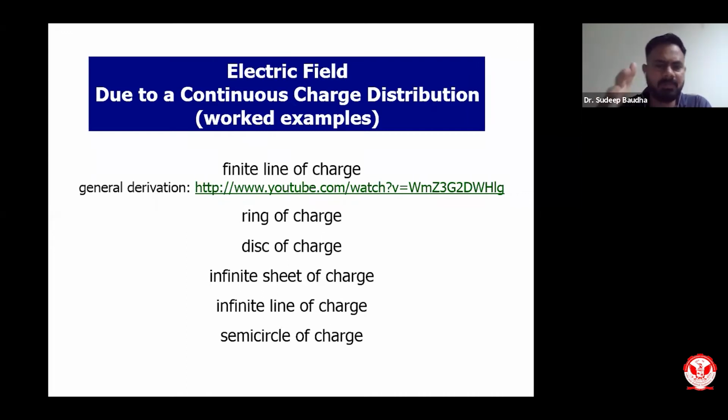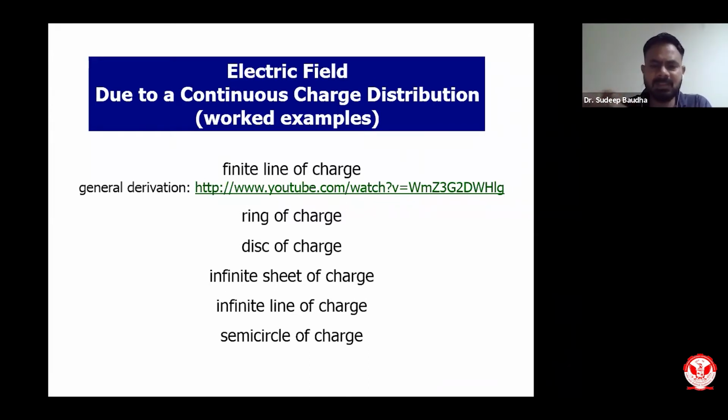So these are 4 or 5 concepts which are very important when we evaluate electric field due to continuous charges across a particular geometry. So I have considered a line, a ring, a disk, and an infinite sheet of charge. Infinite means it can be a rectangle, it can be a sphere, it can be a disk, but it hardly matters. Infinite means it doesn't have any limit. There is no boundary to the geometry. Similar is the case of infinite line of charge, where it will be infinite. It doesn't have a particular limit.